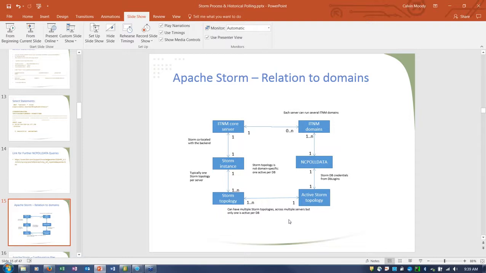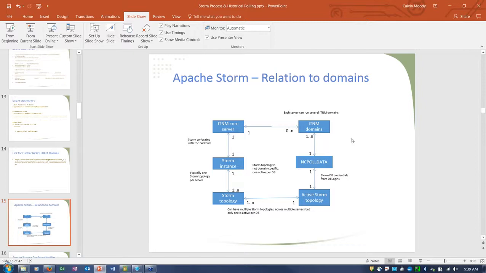And we get our references for which topology is running and which domain we're going to be referencing through the NSIM Storm topology config file,